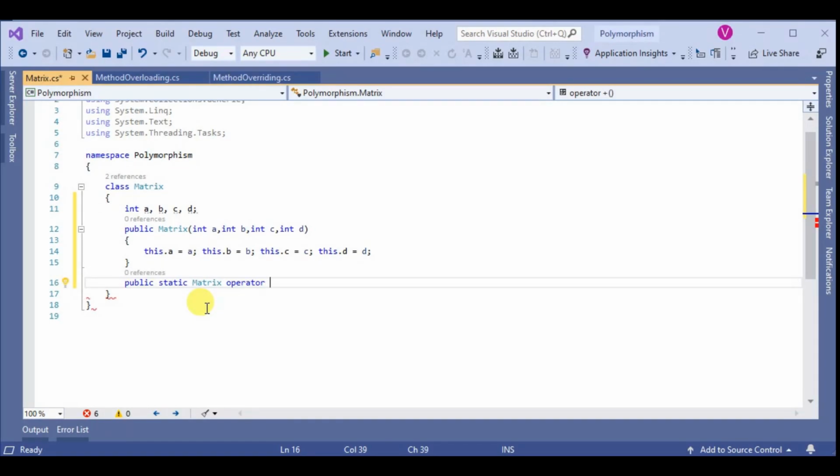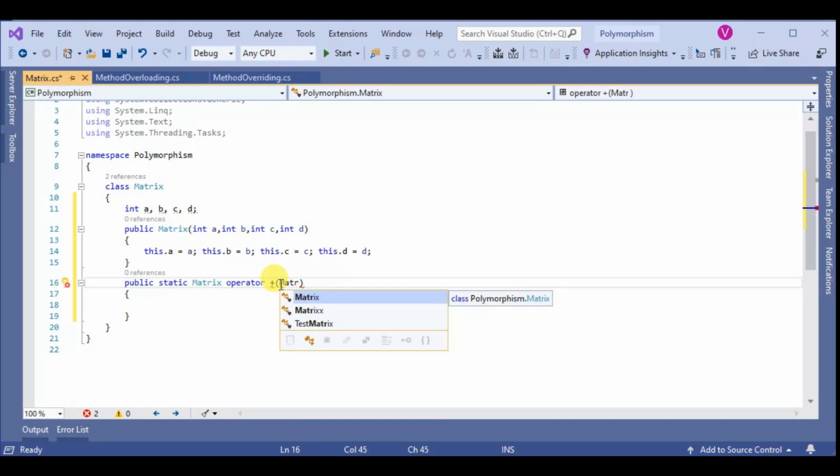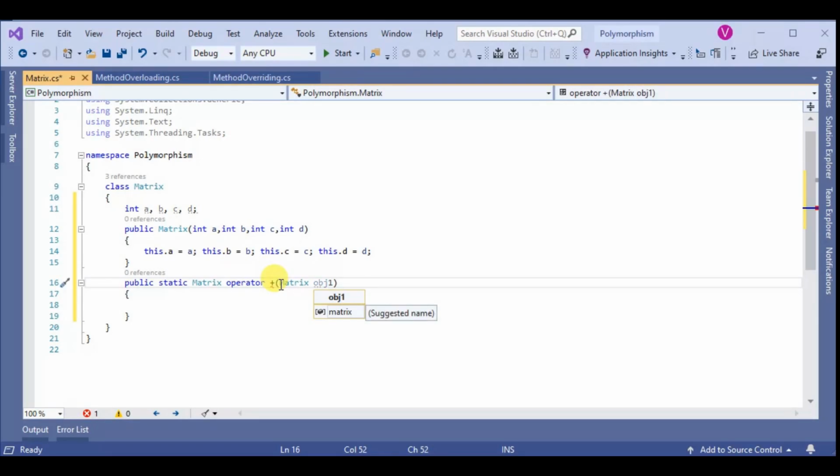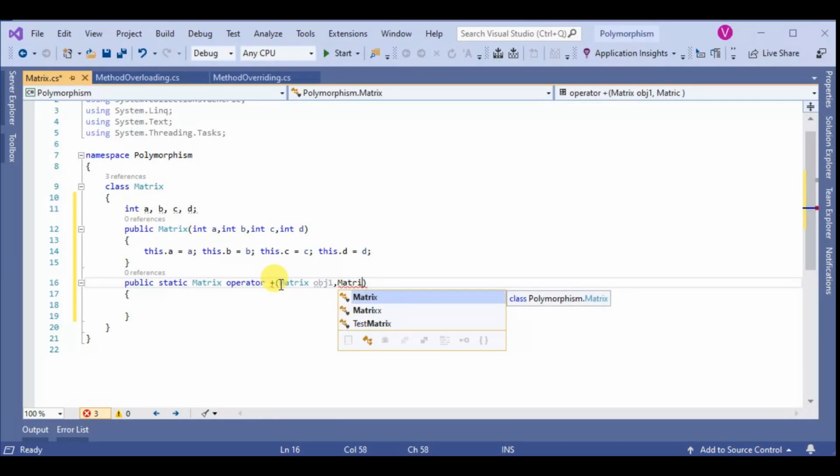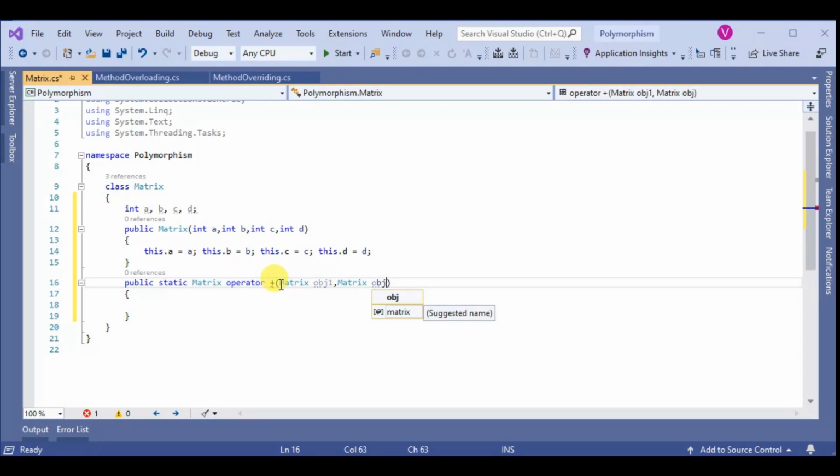We add two matrices, that's why we use the addition symbol, plus, with parameters Matrix obj1, comma, Matrix obj2.